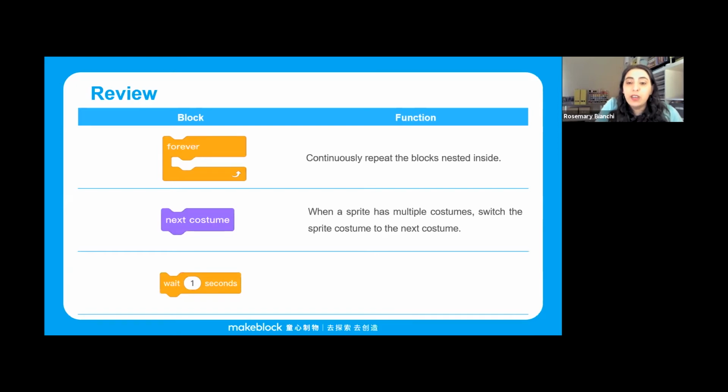To go through the chat box real quick, I see that some of you are saying that it's in the looks category, which is correct. The next costume is a looks block. And we've looked at many looks blocks, some of which were say, the effects, and now costume. Also, we looked at a control block, and that was the wait 1 second block,